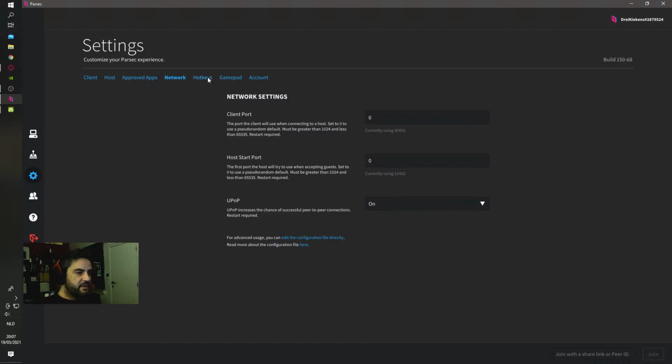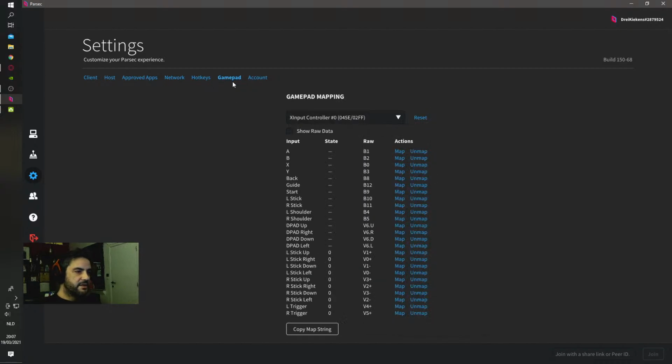Network, as you can see, I don't change anything of that. Hotkeys, the same thing. Controller, so you can use every controller for playing on Parsec. So if you have a game that's, for example, on Game Pass and it only runs with the Xbox controller, you can use your Stadia controller. Parsec has an emulator for that. So then you can check it out if it works. It's very important that you do that before you connect to a game, that the host is not waiting for you while you are still doing your